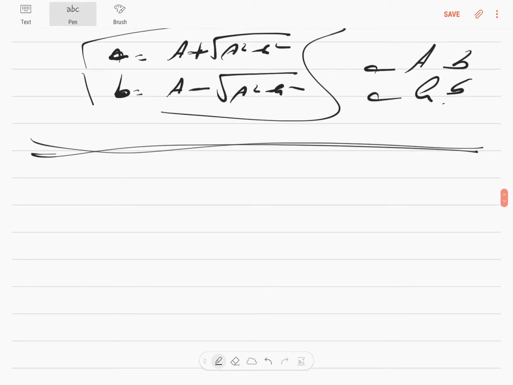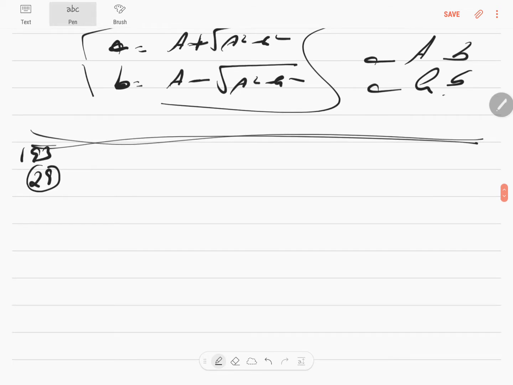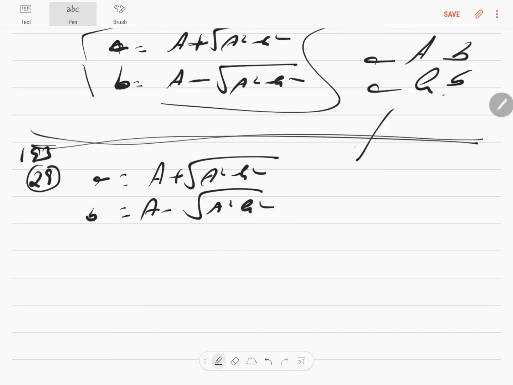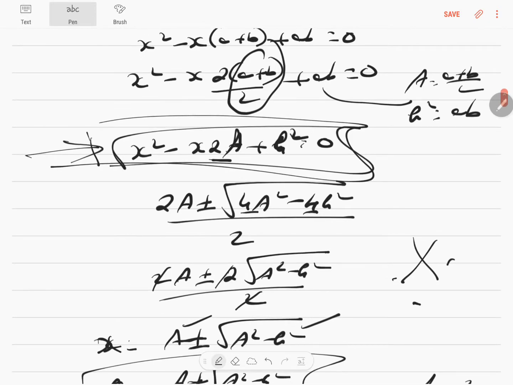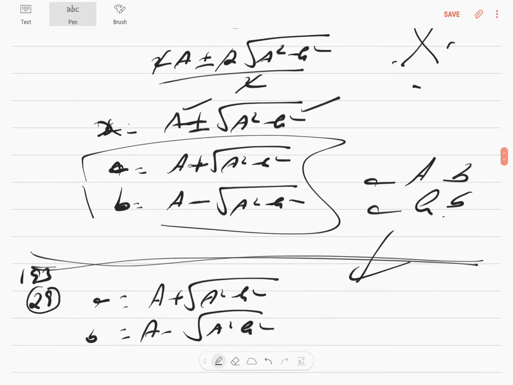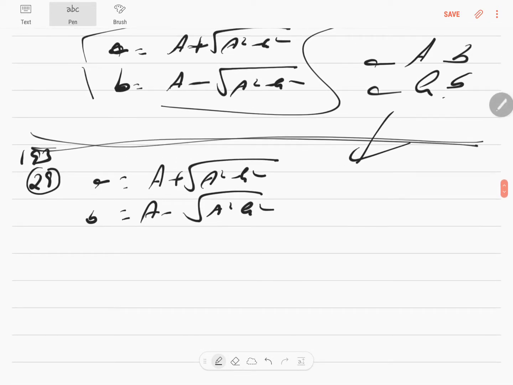Now let's go to the sums. The 29th question in page number 193. Let A and G be the arithmetic mean and geometric mean, correct? Then prove that the numbers, they are asking for the two numbers a and b, are: a is A plus root of A square minus G square, and b is nothing but A minus root of A square minus G square, from the above equation. So basically you have to write this derivation as the answer for that sum. So we are done with the 29th sum.